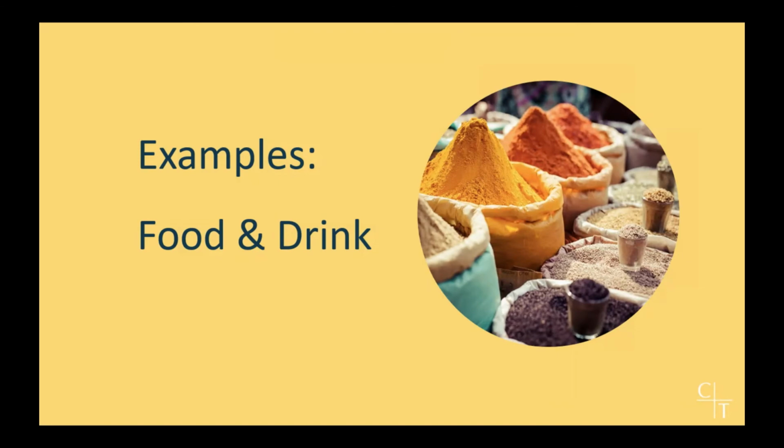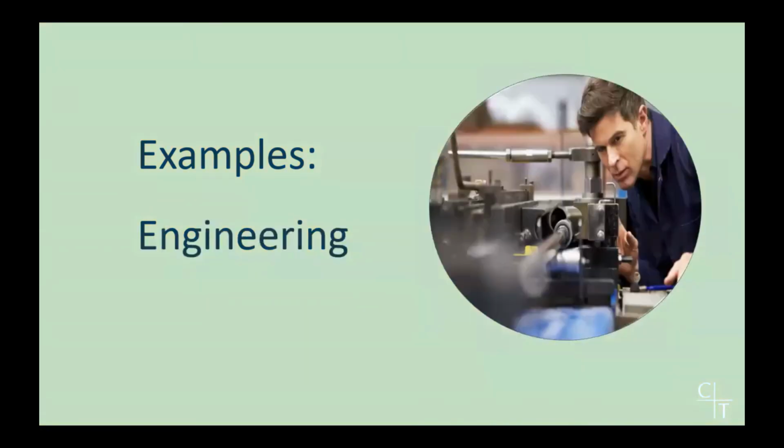Another company in this sector were trying to develop more efficient methods of distilling their gin to increase output without increasing equipment size due to physical constraints within their distillery. This required the development of novel distillation techniques in order to preserve the flavour profile that their consumers were already familiar with. In engineering, one project we have claimed for was the development of new processes and the redevelopment of